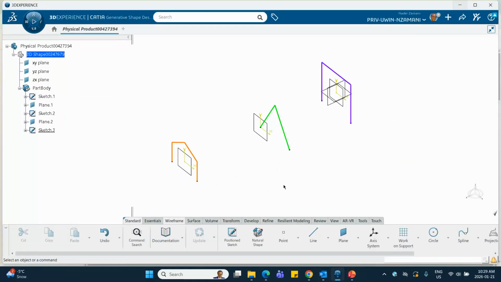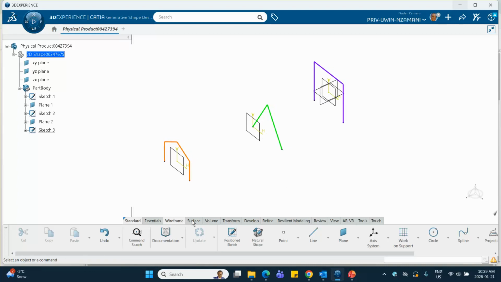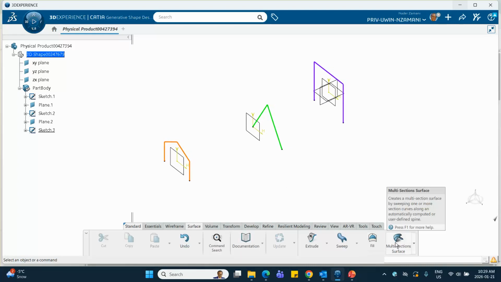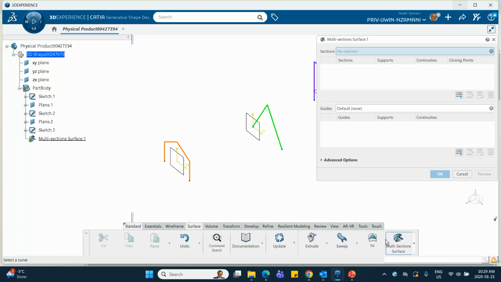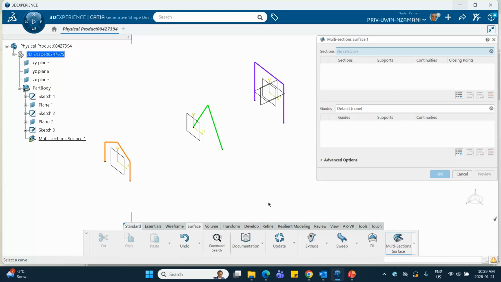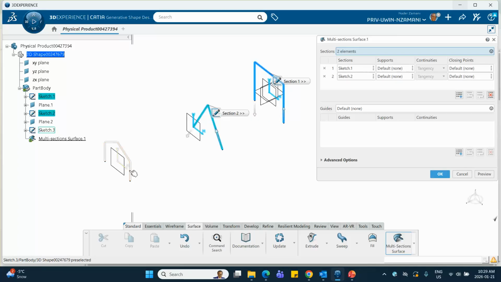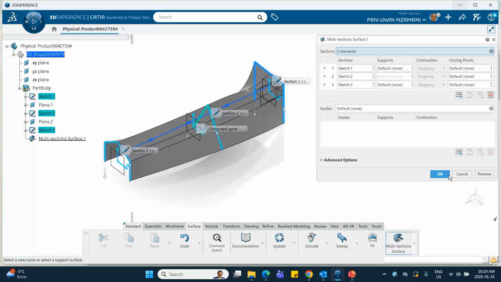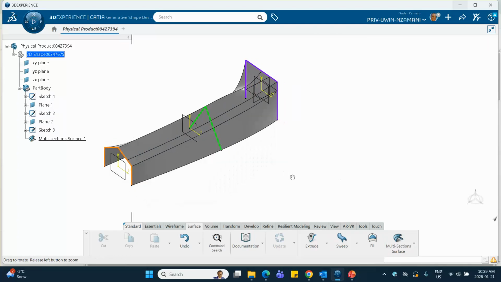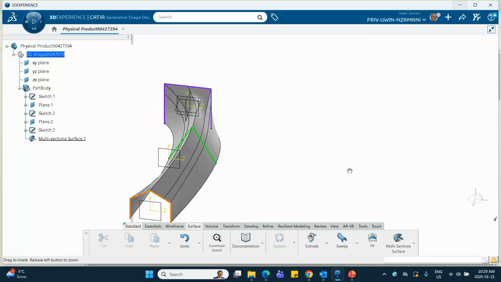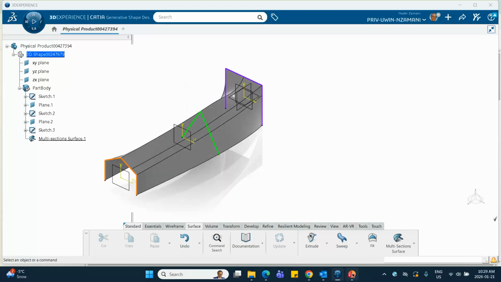Good. Now, let's do the following. We're going to go to the surface tab. Here's the multi-section surface. You click on it and pick them in the order that you want. This is section 1, this is section 2, and this is section 3, without introducing any coupling, and preview and close. So what you see there,